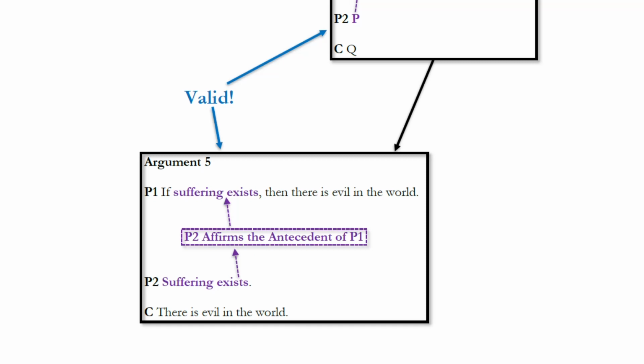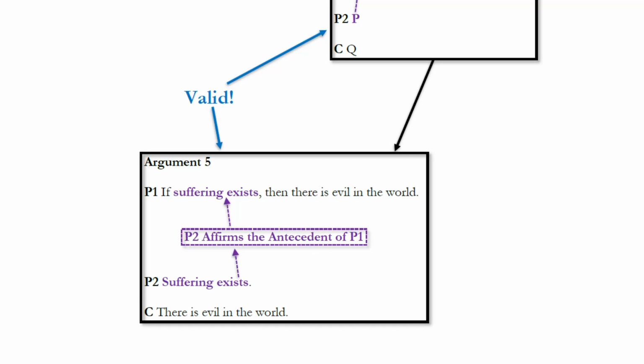Now consider a second example. Argument 5. If suffering exists, then there is evil in the world. Suffering does exist, therefore there is evil in the world. In this argument, the conditional premise establishes that the existence of suffering is a sufficient condition for the presence of